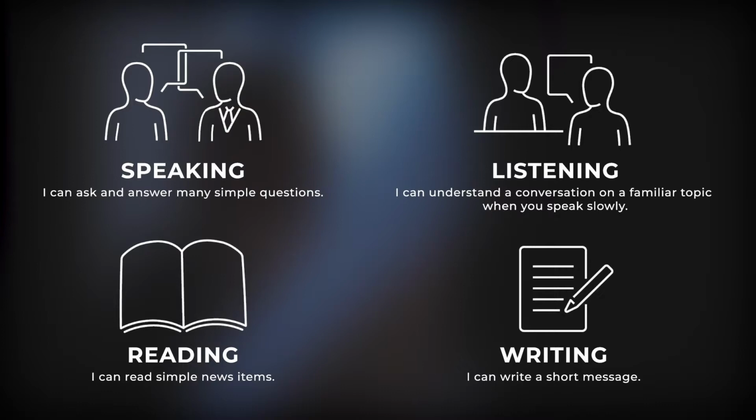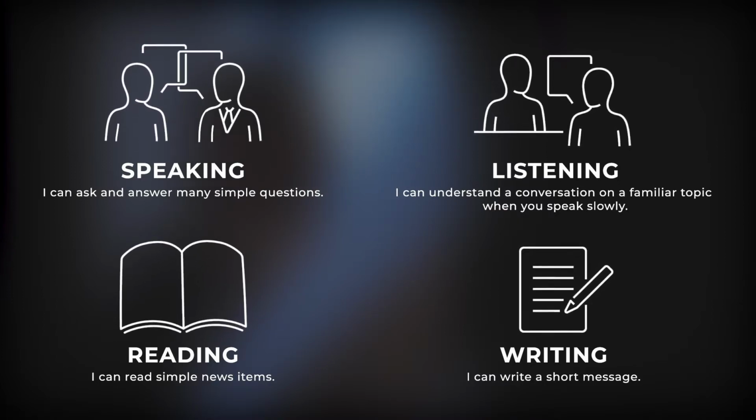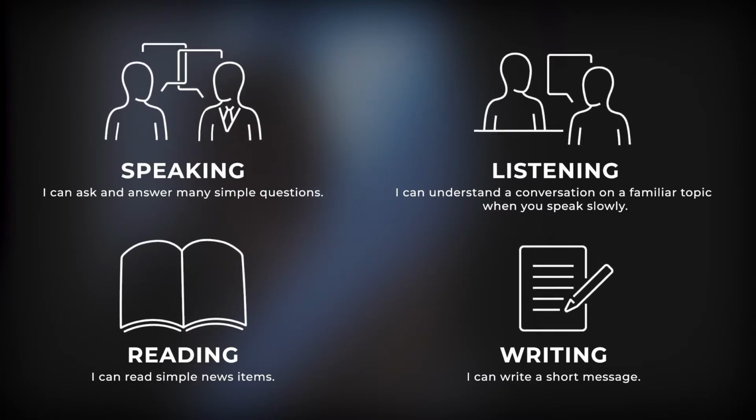For example, if a student's goal is to achieve a minimum CLB4 in listening and speaking skills to apply for citizenship, the can-do statements for this level are a useful reference. Or if a student wants to develop more complex language skills as part of a highly skilled profession, the framework provides a common, transparent base for all instructors to assess a student's language skills and abilities and tailor training to